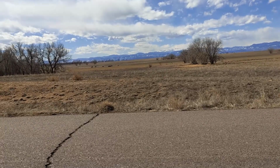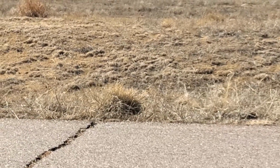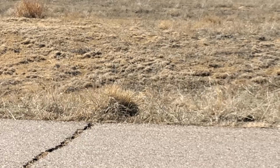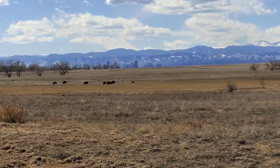There are very few cars out here. This is a perfect time to come, but let me zoom in here. You can see these, I haven't even counted. Looks like 1, 2, 3, 6, and maybe one lying down. So 6 or 7 bison, but look, oops, sorry, I'm not holding it very well. Look directly behind them and you will see the